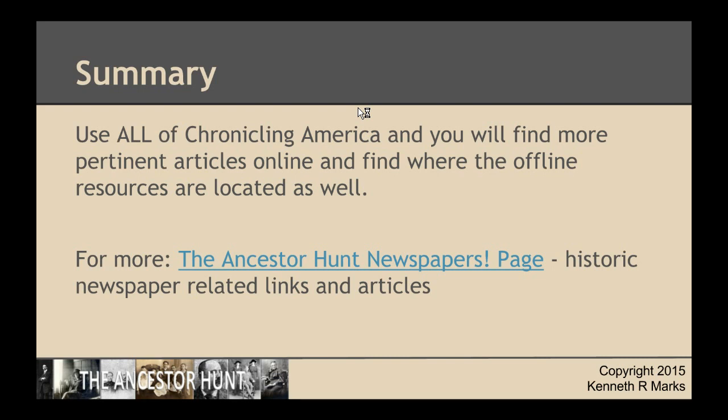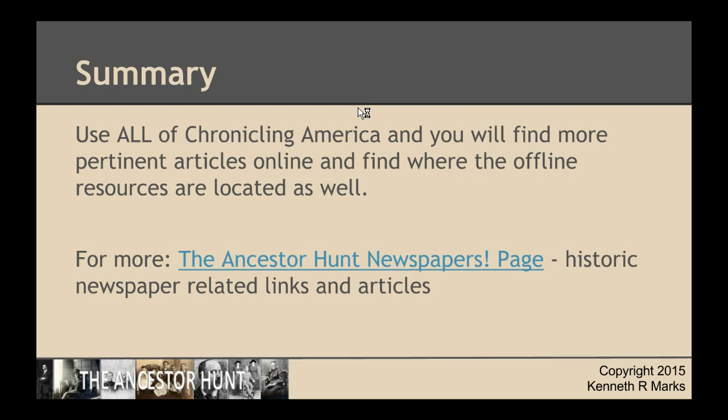We showed you the directory. The newspaper directory of 150,000 some odd titles that have been published in America. That's very important. Why? Because not all newspapers have been digitized, and certainly we showed you that it was just 1% or so in Chronicling America. Even though it's growing, it's going to take quite a while to get over 10%, much less 100%. So you want to learn how to browse, and that's especially true in looking for stories over multiple days, obituaries, etc. Learn how to browse, learn the directory, learn how to use the directory,